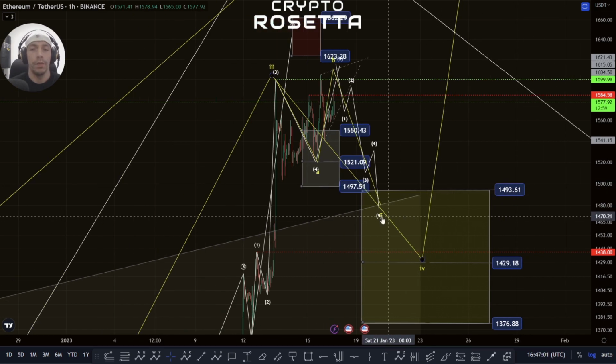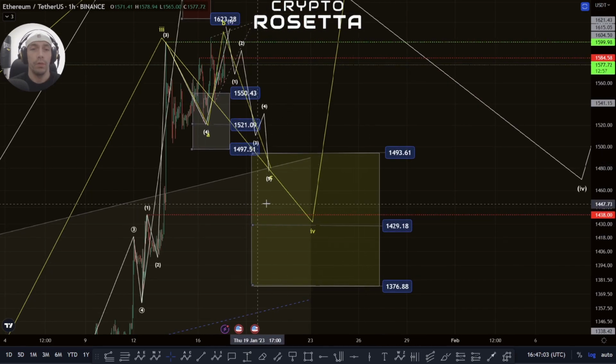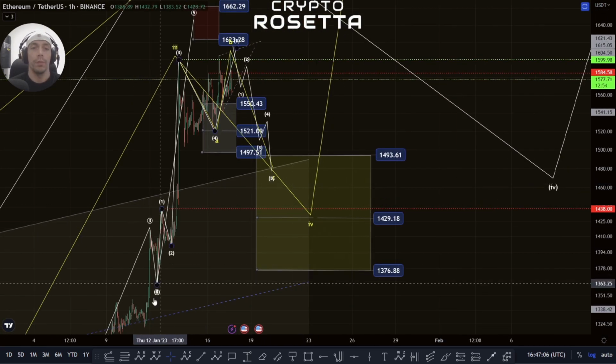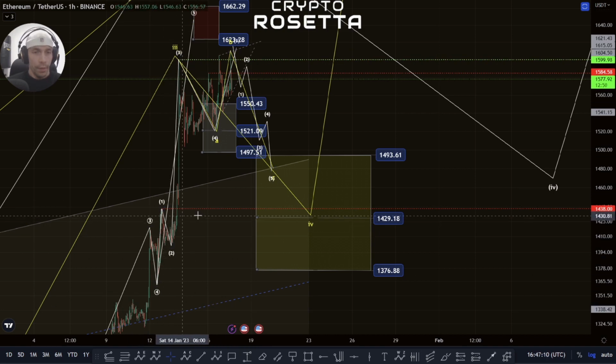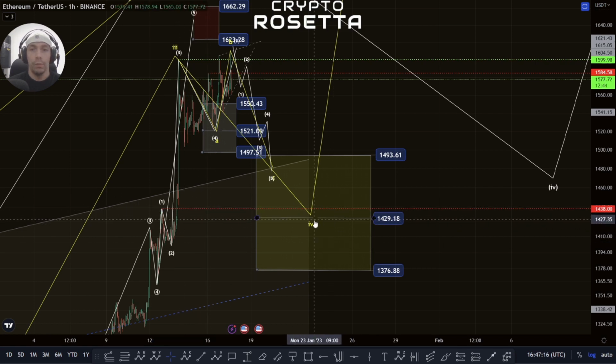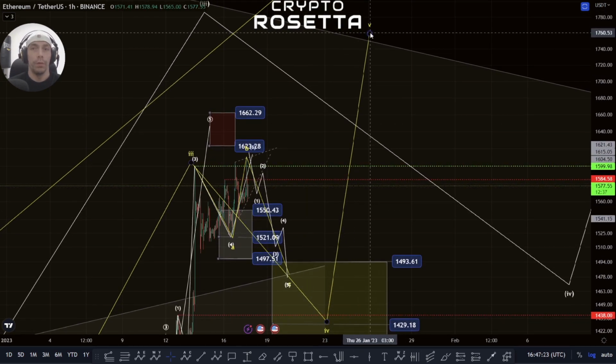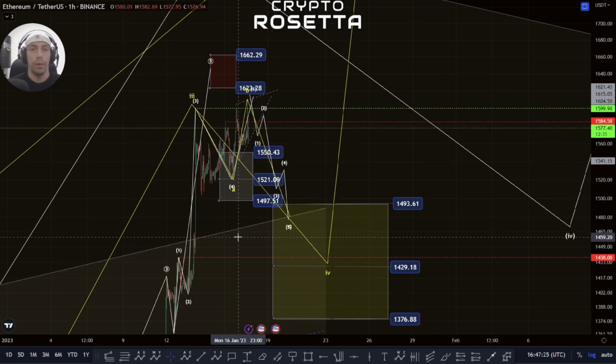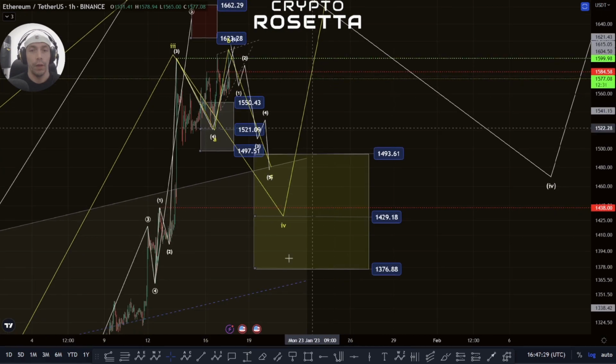1493 is basically the top end of this fourth wave retracement, but like we were talking about previously, if we have had an extension within here and this is a fifth wave extension, then what we'd want to see is potentially to come back and re-challenge this wave 2 zone, which is here at this 1429. A deeper move into that would give me further confidence that we've got this fifth wave to come to the upside, though we would have to obviously monitor the move and see how deep we actually come, because if we